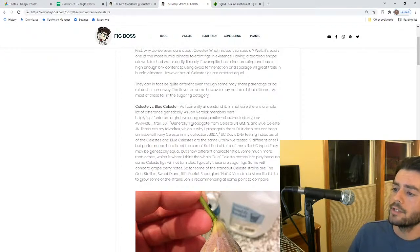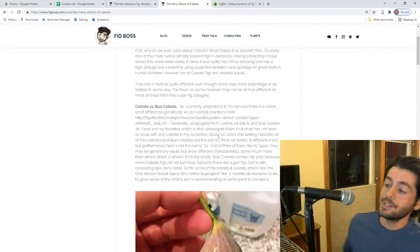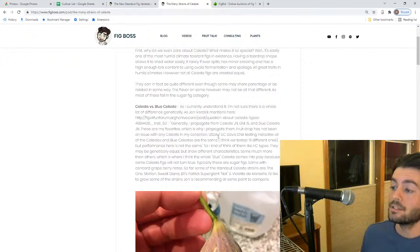Here's the link. Generally, I propagate from Celeste JN, GM, IS, and Blue Celeste JN. The initials here, these are initials of people, by the way, so don't get confused by that. He says, those are my favorites, which is why I propagate them. Fruit drop has not been an issue with any of my Celeste trees in his collection. The USDA/UC Davis DNA testing indicates that all of the Celestes and Blue Celestes are the same. He says, I think we tested 19 different ones, but the performance here is not the same. So what you can think about these particular strains of Celeste